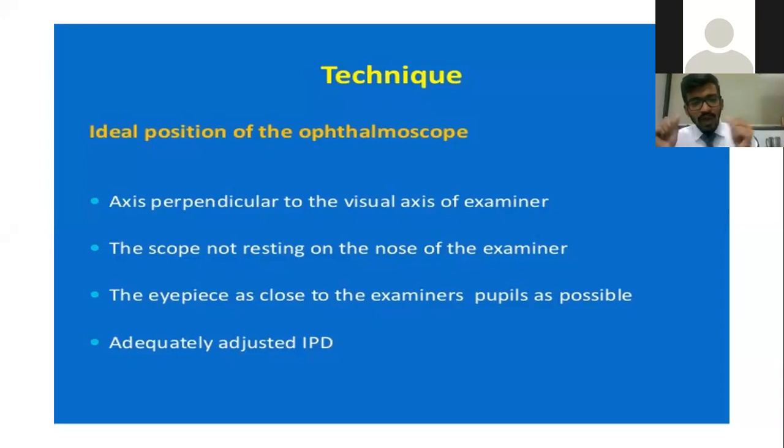Then you maintain your IPD. You check it with both eyes, you see where your eye is, and you maintain the IPD. Then you take your thumb at one working distance, and then you see the circle of light. When you turn it on, there's a circle of light that should be seen with both the eyes when you close each eye. Okay, that is how you focus with the IO, so that your centration is good and the IPD is maintained.